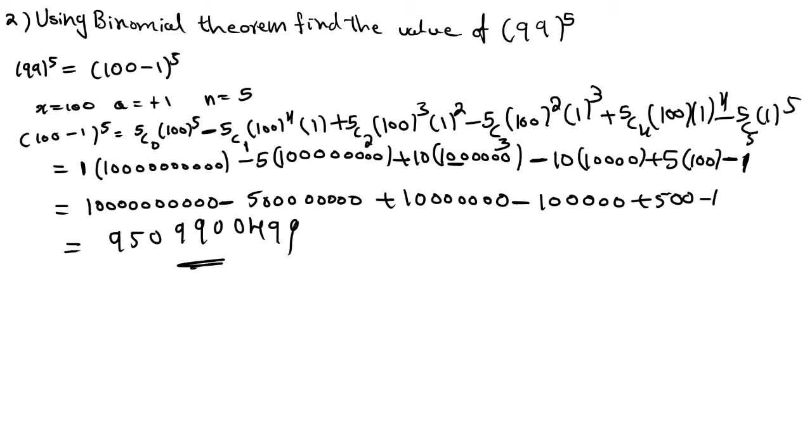9500990049 9. Okay, here there is no case of up to 4 decimals. Likewise here no decimals, right? So if 0.1, 1.01 or 1.02, that time they will give up to 4 decimals. Otherwise in this case you can't neglect the values because there is no smaller values, right? In the previous problem, after calculating 2 to 3 values, we neglected the remaining terms because their value is very small. But here values are big numbers, right? So we can't neglect. So you need to write all the values and you need to simplify, then only you will get the required answer.